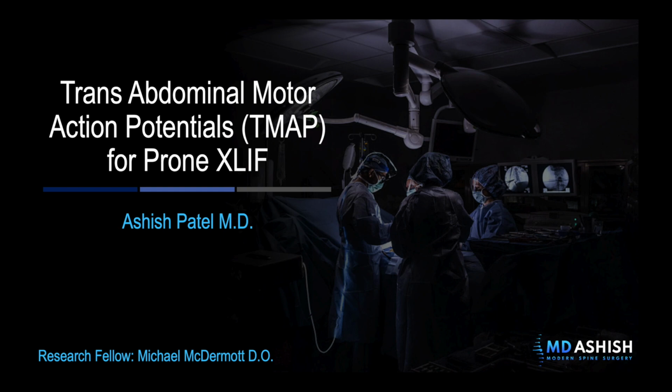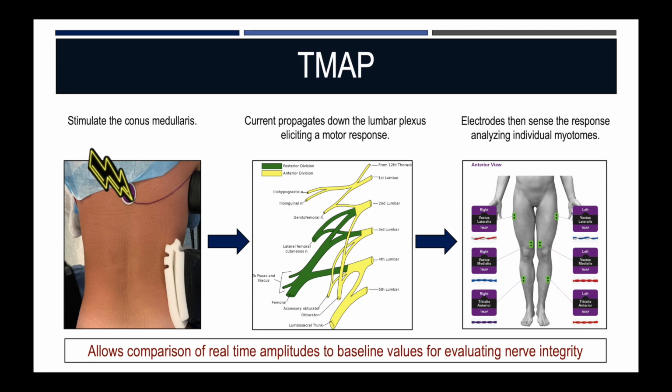I'll be talking about trans-abdominal motor action potential, or TMAP, and how I use that for my lateral lumbar interbody fusion cases. TMAP functions much like transcranial MEPs. However, the electrode is placed over the conus medullaris, and a current is sent that propagates to the lumbar plexus, eliciting a motor response. The voltage required to cause contraction is monitored and compared to baseline value for real-time evaluation